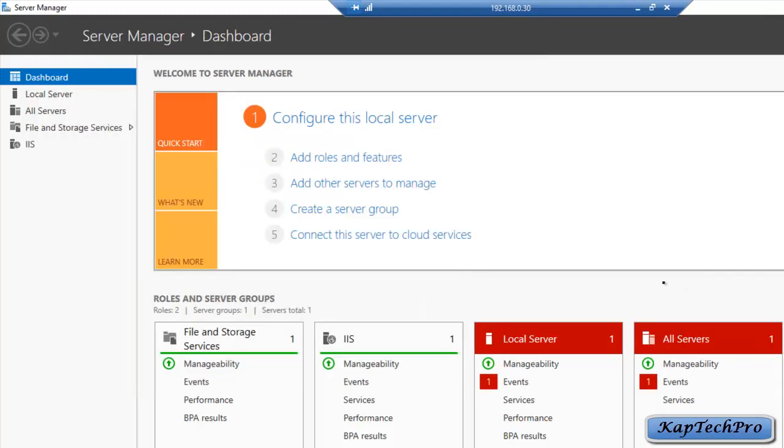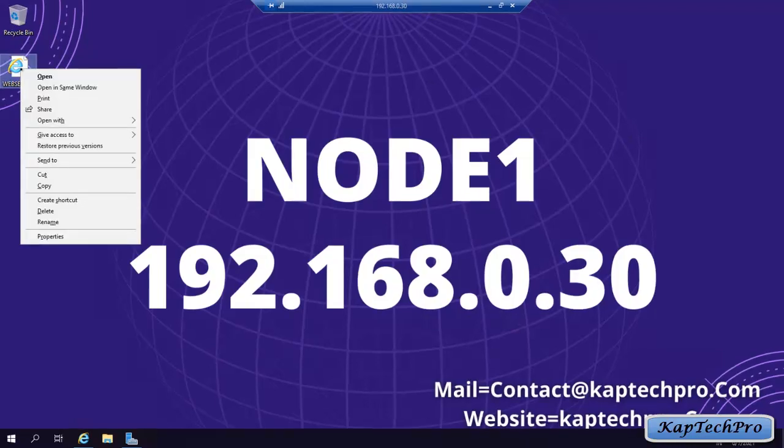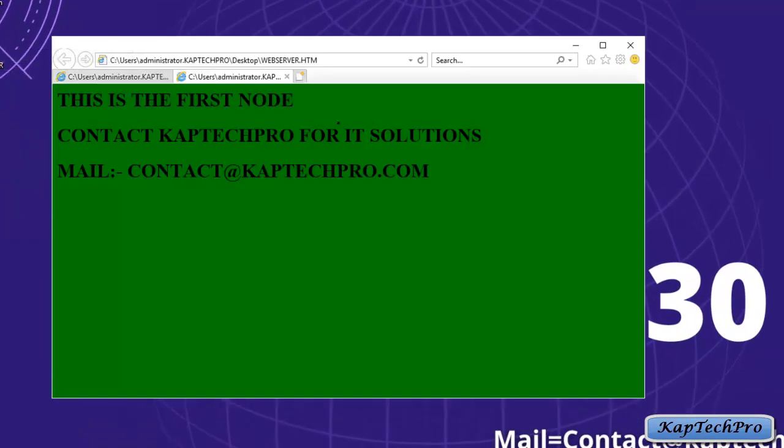Okay friends, so we have successfully installed web server IIS role on both the servers, on both node 1 and node 2. Okay friends, after installing web server IIS, let's create the web page on both the nodes. So I've already created a web page. Let me show you. Click on open. So this is my web page which I have created, and I have given the background color green.